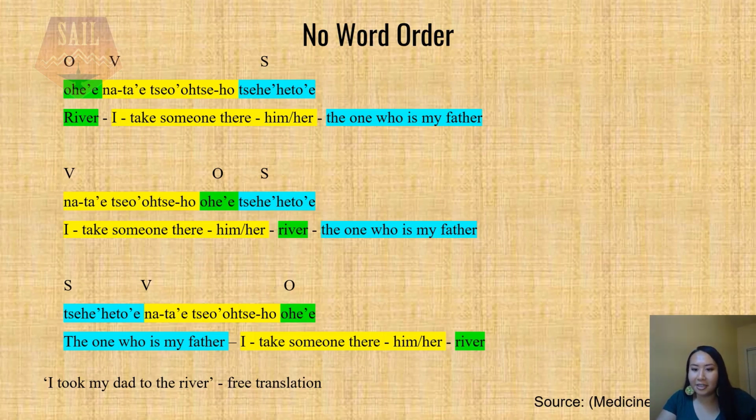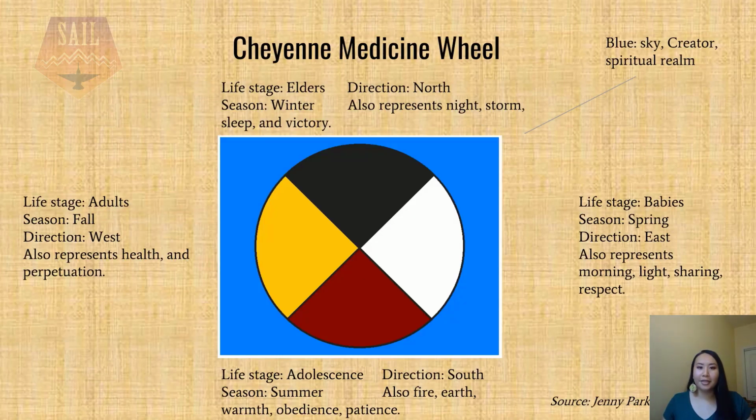So this is definitely an area where more research could be done, but in the meantime, I will point out that although there is no word order, we have to notice that the morphemes in each chunk still follow a certain order. So it's not so random that you can mix just any morpheme around. And I did highlight the verb in yellow again so that you can see where it is and how its internal structure looks.